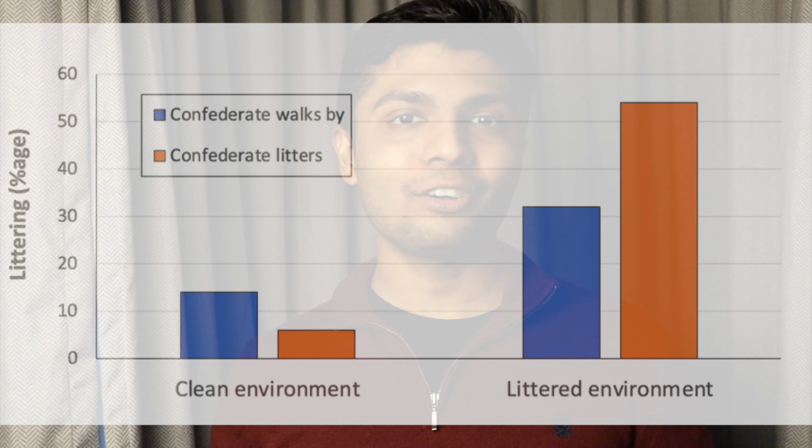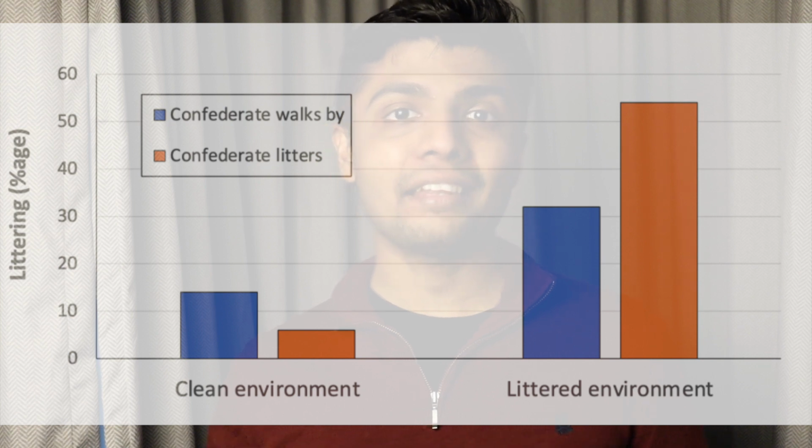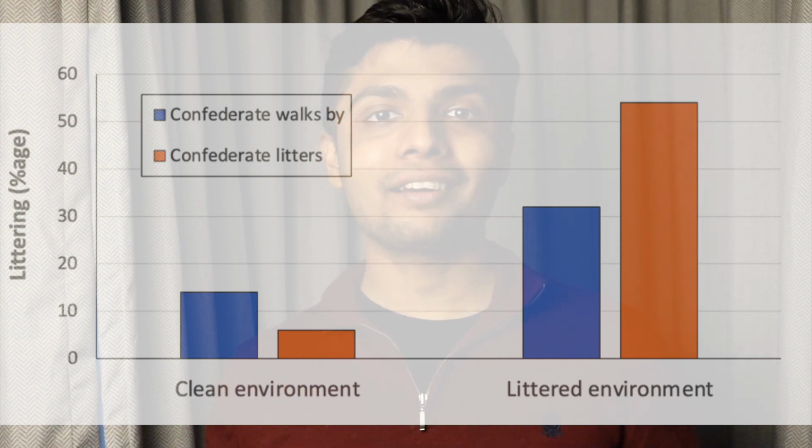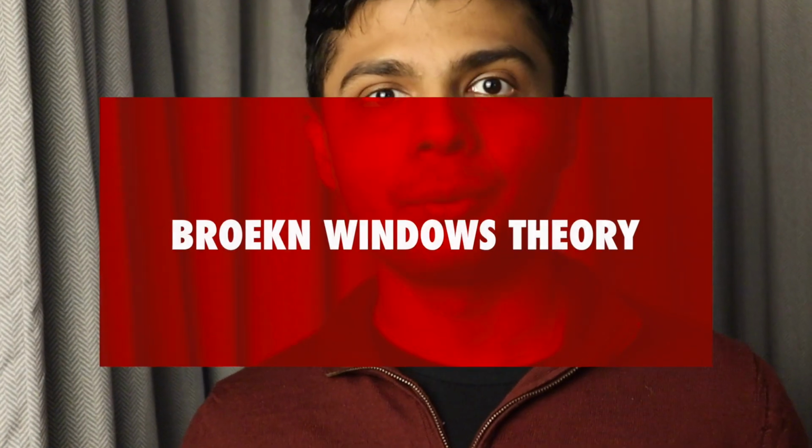What they found is that people littered much more when they were in a littered environment as compared to a clean environment. And they littered especially more when the confederate also littered in the littered environment. Now this suggests that we are more likely to commit crime, and this is often framed as the broken windows theory, which is if you notice signs of crime or signs of things not being orderly in any environment, then we are more likely to comply with that crime. We are more likely to act not in our best selves. So the environment matters a lot.